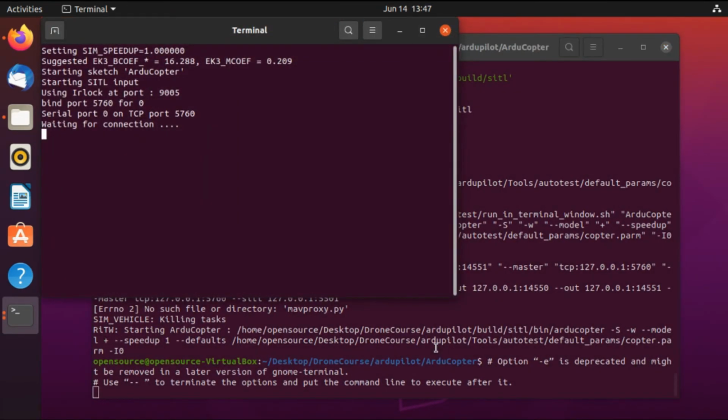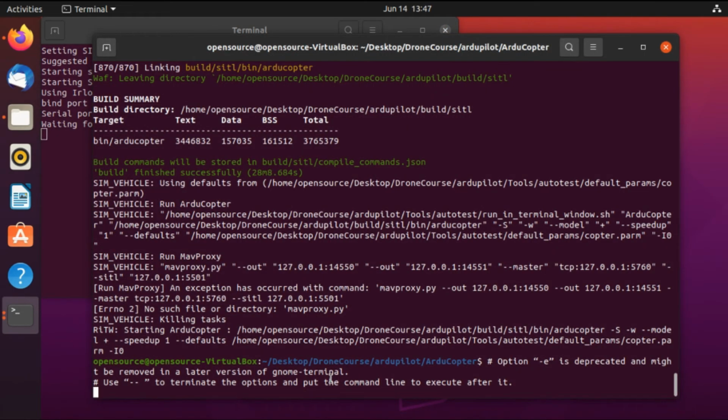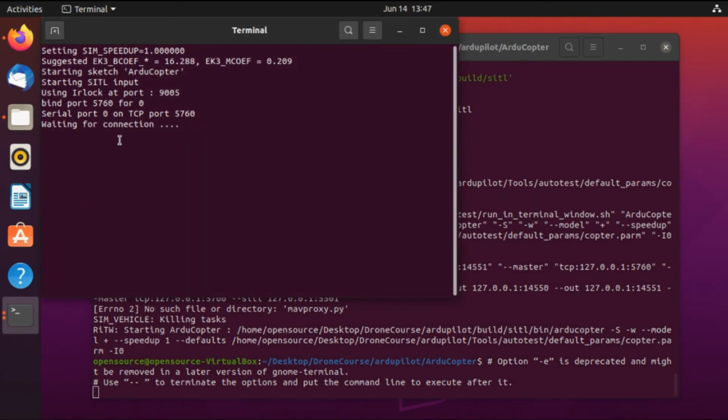Okay, here it is showing that our SITL is waiting to connect through the port. That means our SITL is running, but it is having a hard time getting access for serial port communication. So we need to do one thing, and that is to make our user a dialout group member. And what exactly is this dialout group? It is a group whose members have full and direct access to serial ports. And if we don't make our user a member of this group, then we may face problems in serial port communication and binding, kind of similar to what we are facing right now.